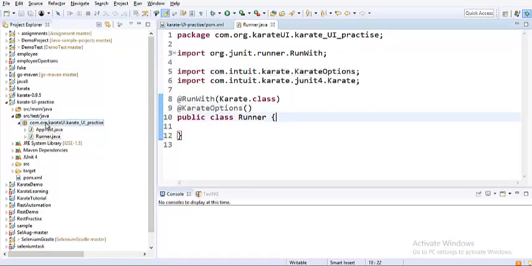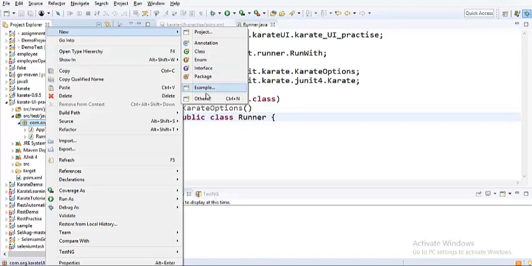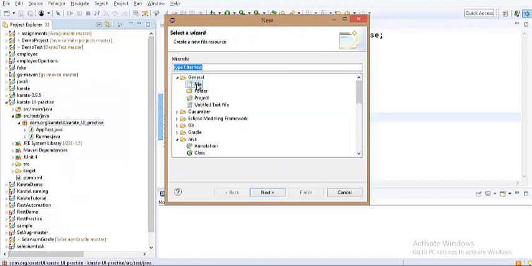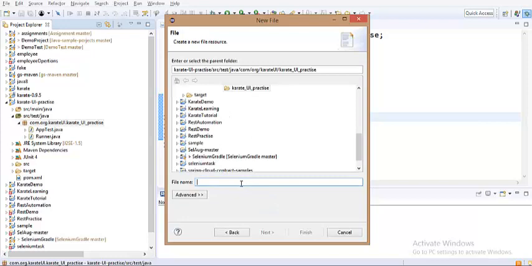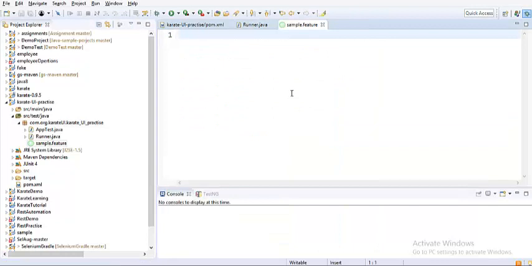And now I would create another file called feature file. So I will just create a file called ui.feature or sample.feature. So this is a very introductory script. So I would like to just navigate to a browser and then show how to launch the browser and do a couple of actions. We'll try to send our keys, and then we'll also click on a radio button, and then we come back.